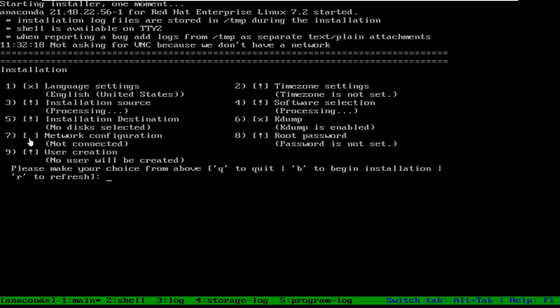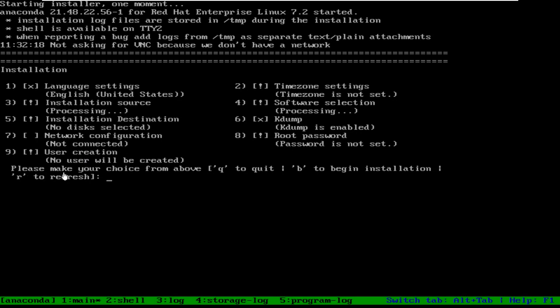And if it is blank, not an exclamation sign or a cross sign, that means it can go by the default. That means if you don't configure it, it will still work. But for these others, you have to configure. Now some of them are saying processing. Here in this option it is saying processing, and here also. Processing means that at the time when it printed this menu, that option was still processing. It was not selected and it was not decided. But we have to do it one by one, each configuration option.